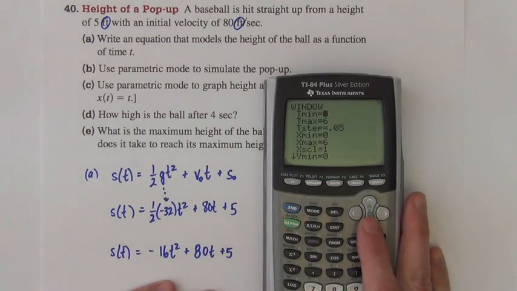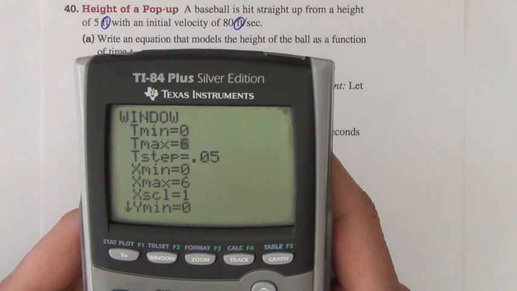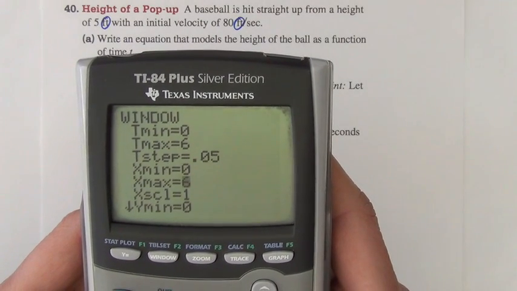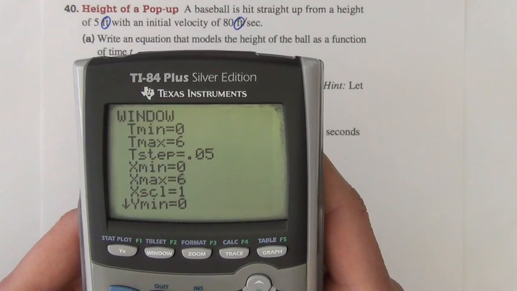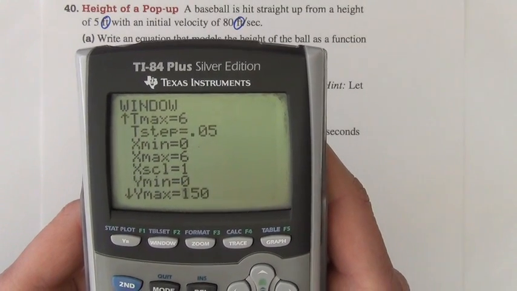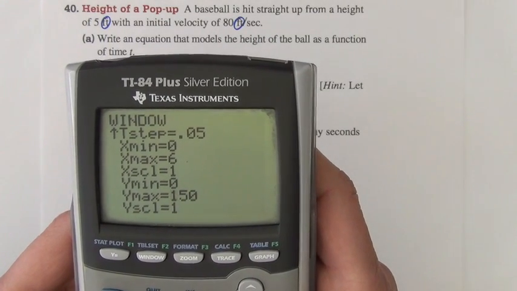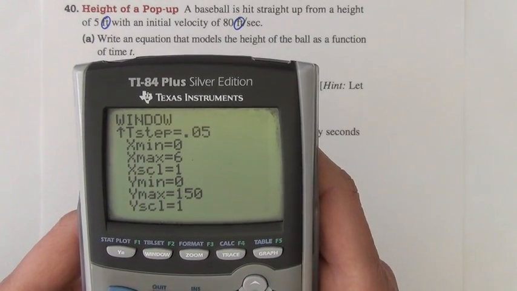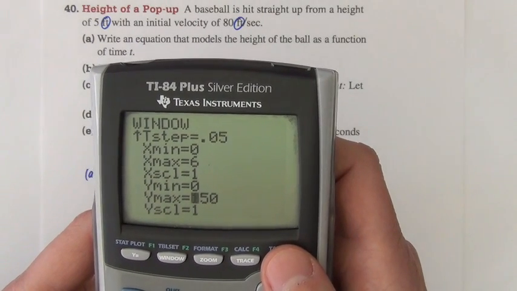For the window, I've already set this up so you can see a little better. 0 to 6 should work. For the x's, I just put 0 to 6 because I really just want to see that one lane of 3. So I just went a little less and a little bigger than that. And for the max, I played around with it a little bit and I got 150 as a y max should be sufficient. In other words, the ball is not going to go higher than 150 feet. And when we hit graph,